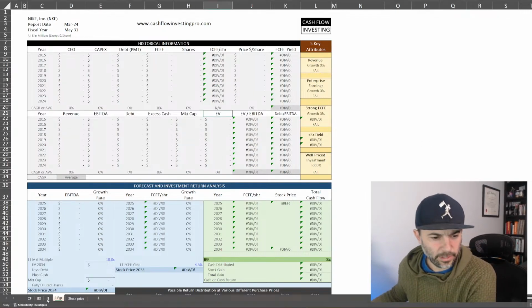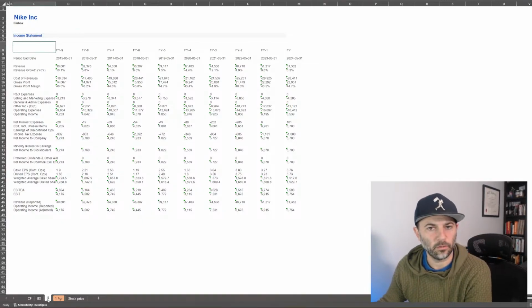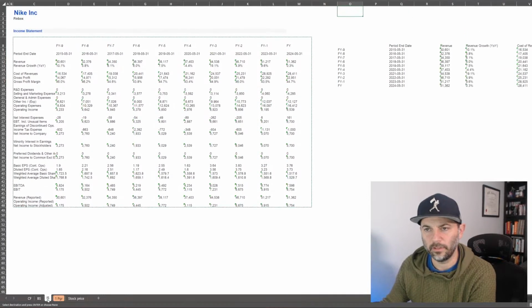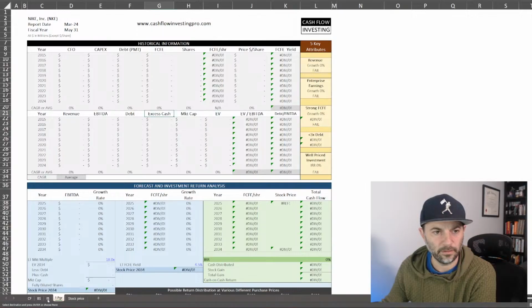All right, let's do this. Let's pull the income statement around. What I like to do is organize the income statement by just rotating it 90 degrees, so it's over in this format. Because what I'm going to do is pull this number here and drop that into my revenue